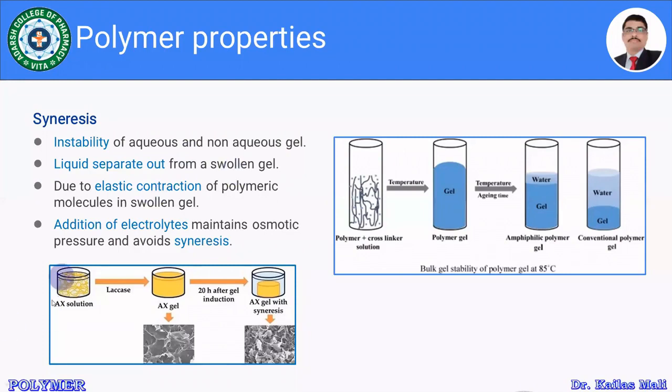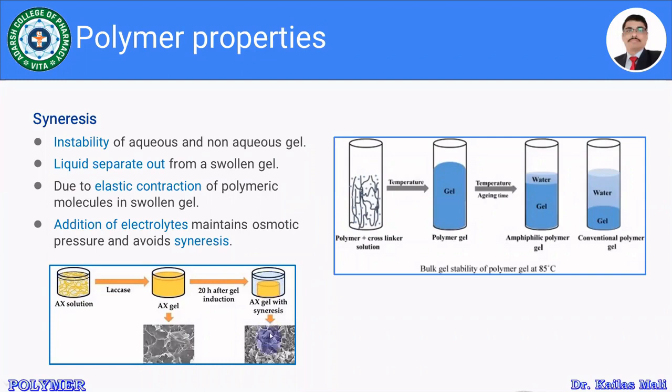Here, say there is one example, that is polymer dispersed in a solution, and finally we get the gel, isn't it? So this is the gel which is formed, along with its microstructure and the volume which is occupied by the polymeric gel solution. Then after a certain period of time, what will happen? Some amount of solvent separates out from the gel matrix, isn't it, from the gel, and that is known as syneresis.